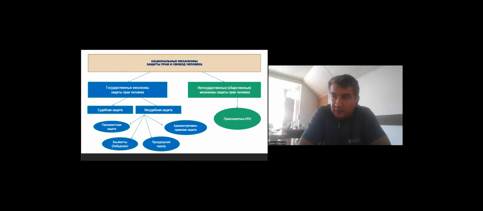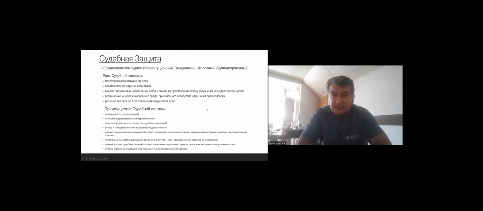So now we're talking about two major blocks: the first is judicial protection, and the other is the non-state human rights defense mechanisms. So let's go over both blocks in greater detail, and what their roles and duties are. The first one is judicial protection. The judicial protection is ensured via the